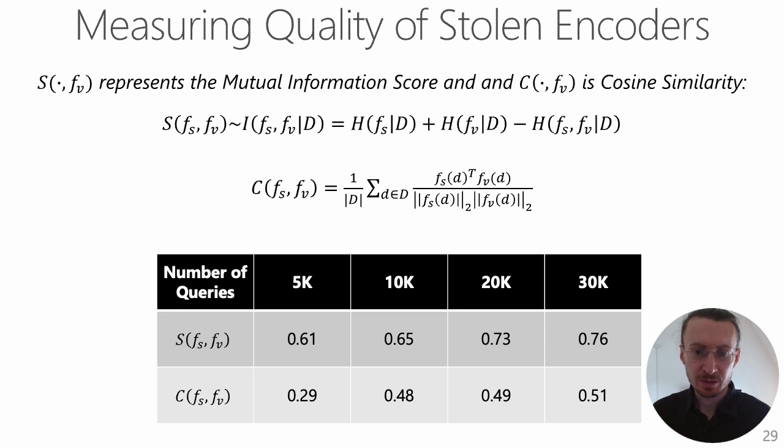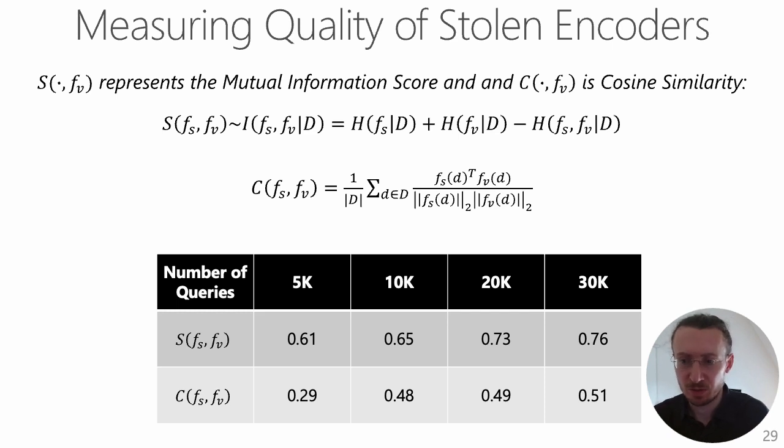In supervised models, it is simple to measure the similarity between the predictions. So we use, for example, fidelity of the extraction, or just analyze what is the performance of a given stolen model. However, for self-supervised models, we were the first to measure the quality of the stolen encoders directly from representations. So here the idea is that we don't have to create a downstream task on a given encoder, but we directly measure the stolen encoder quality by comparing representations between the stolen copy and the victim encoder.